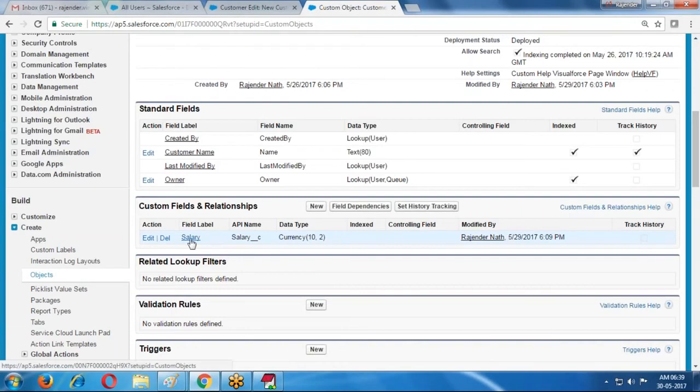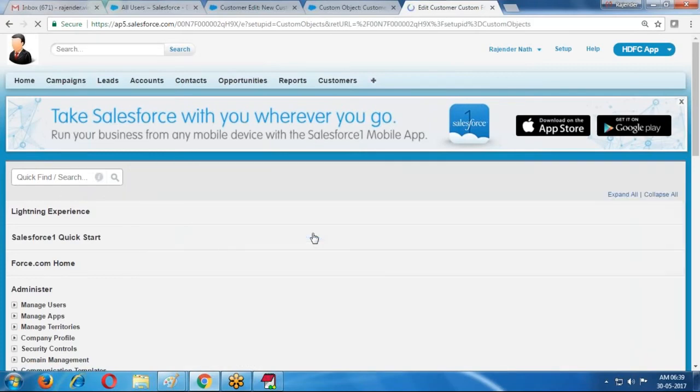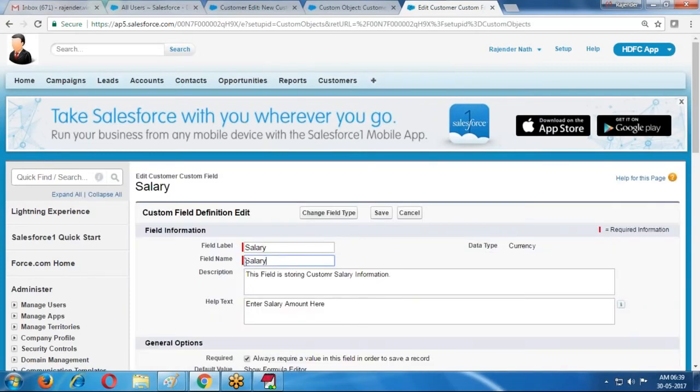Whatever field you provided, if I open the field, there are label, field name, and API name. The API name is automatically generated. Whatever field name you provided, with the field name the API name is generated. Okay, if the field name is customer salary,